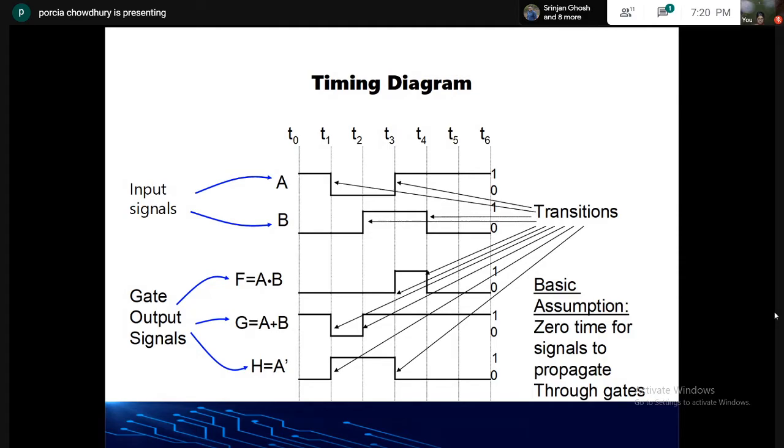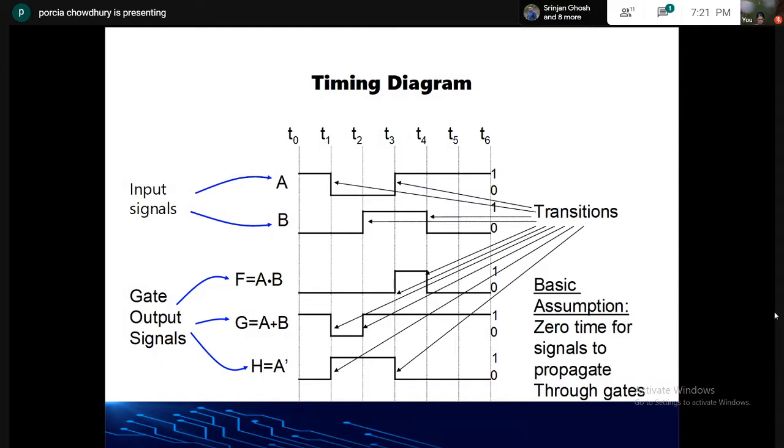Now see the first one, that is for the first combination: A is high but B is low. So what combination do we have? 1, 0. If the inputs are 1, 0, the AND gate will receive the value 0. That's why the line is low. In the case of the OR gate, it will receive 1. That's why the line is high. Now for the NOT gate, it takes the input of A. As the input of A is 1, the complement of 1 will be 0. That's why the line is low. In that way the timing diagram goes on. So based on the input values, we receive the output values.